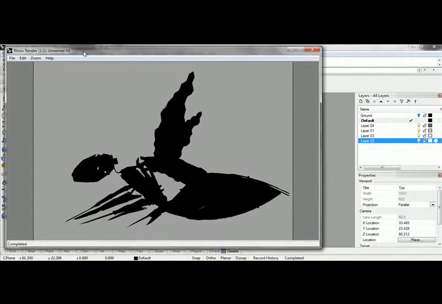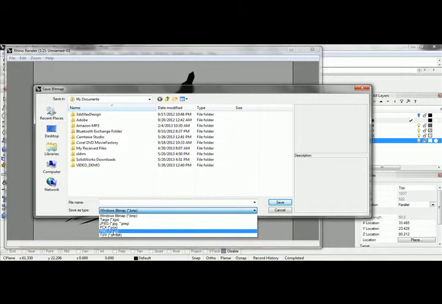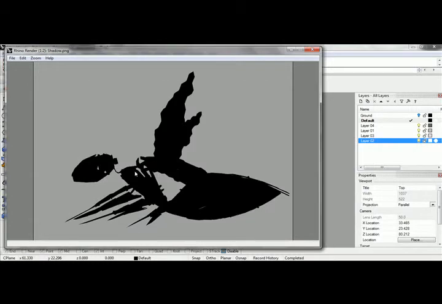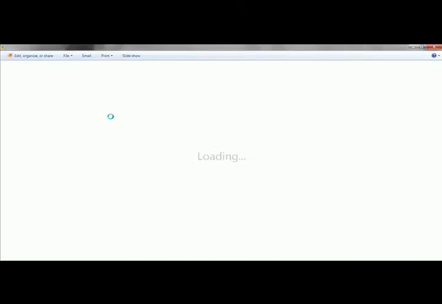My entire guy is in here, so I can go File, Save As, and this is where we can start to take advantage of the PNG here. Save this as a PNG. We'll just save this to the desktop. Call that shadow, hit save, and we can't really tell that that's set up already, but then when we go and pull this up, we double click on that,